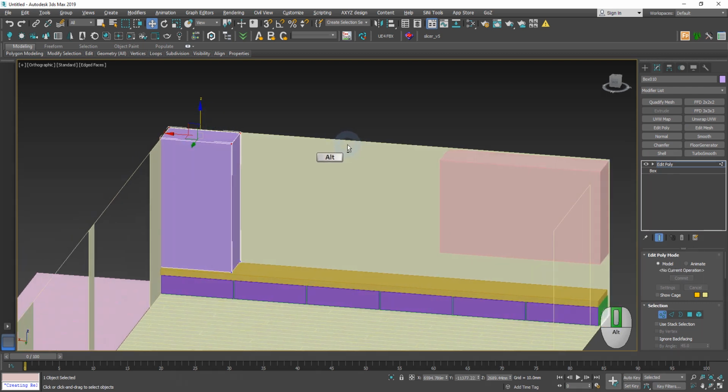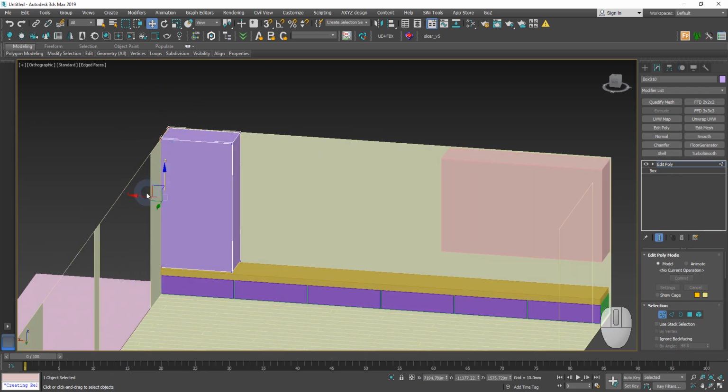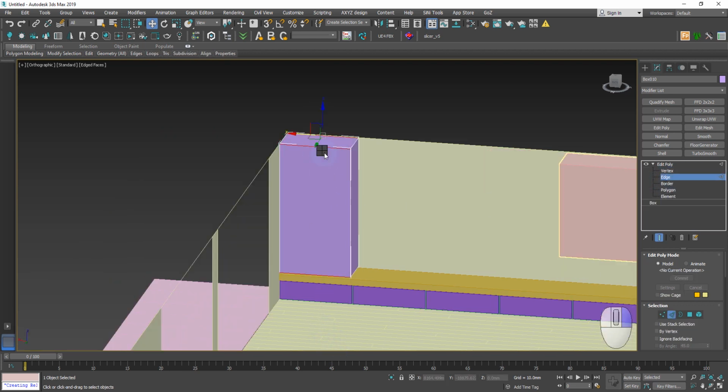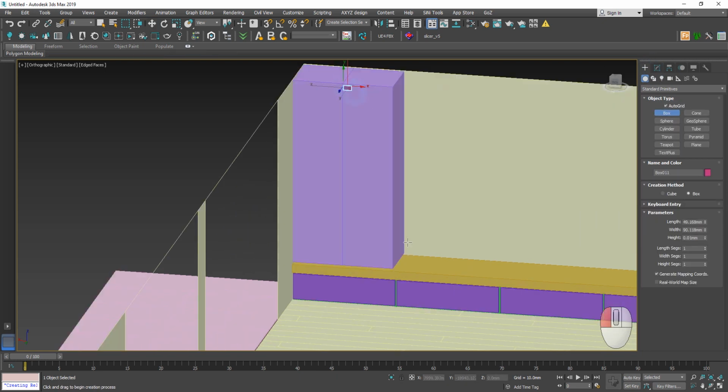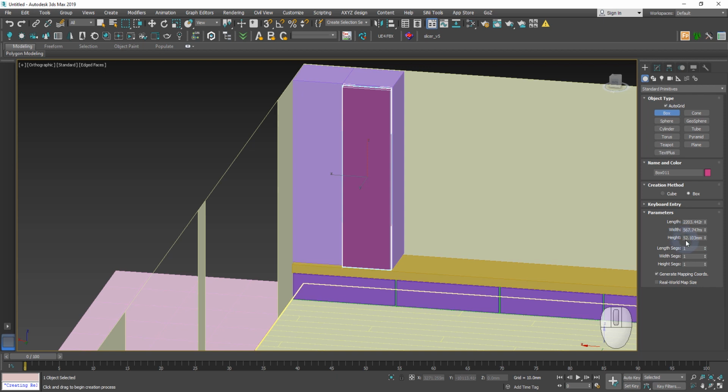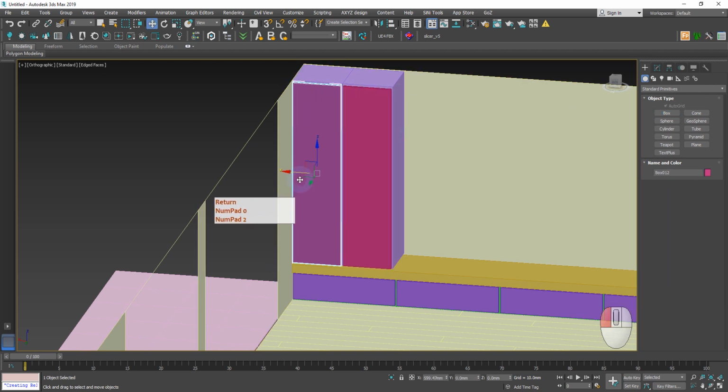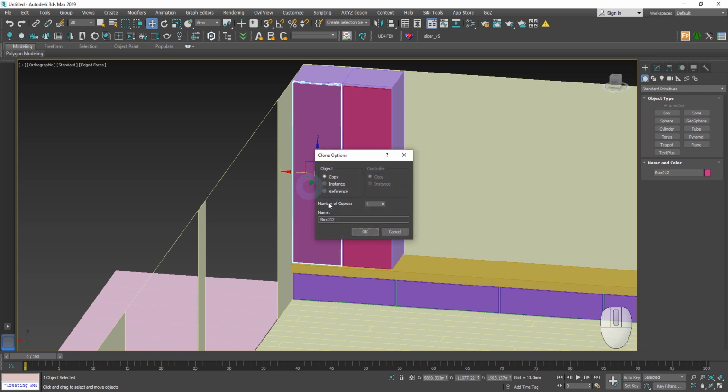It's a hotkey for the point selection. Create additional segment to split our geometry in half. Create a box. This is our door. 20 mm. Hold Shift and drag it to make a copy.